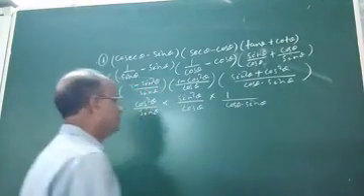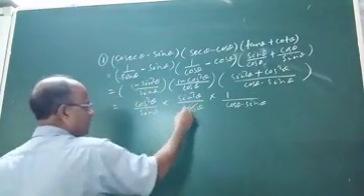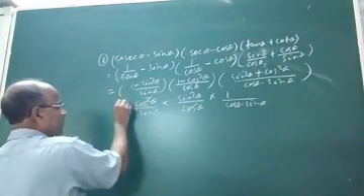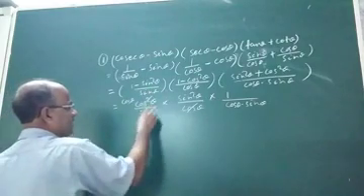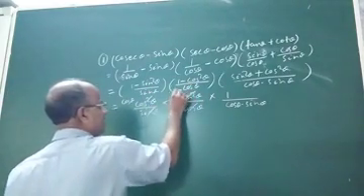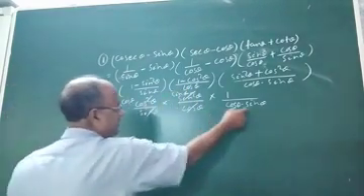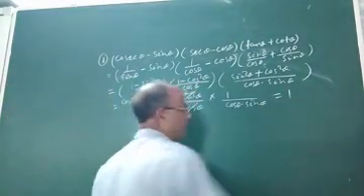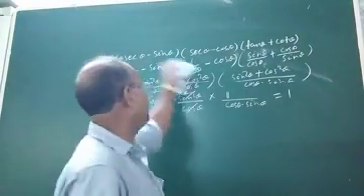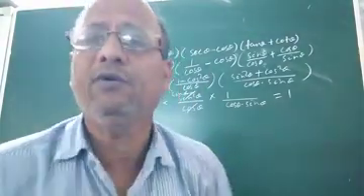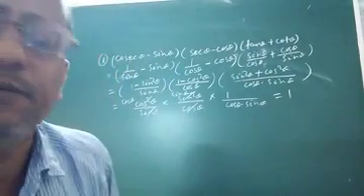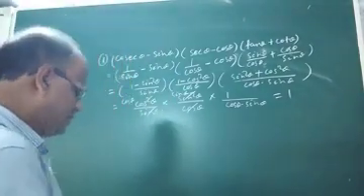Okay. Now, you see cos and cos. Cos square theta will be cancelled, it will be cos theta. Sin theta and sin square theta will be cancelled, it will be sin theta. So cos theta sin theta divided by cos theta sin theta will be equal to 1. Okay. So the value of this expression will be equal to 1. Okay. Now, let me discuss some more questions.